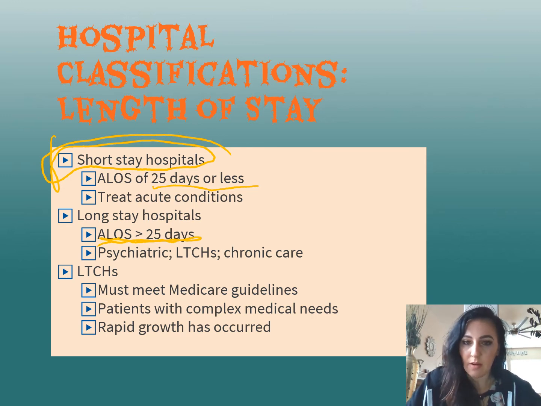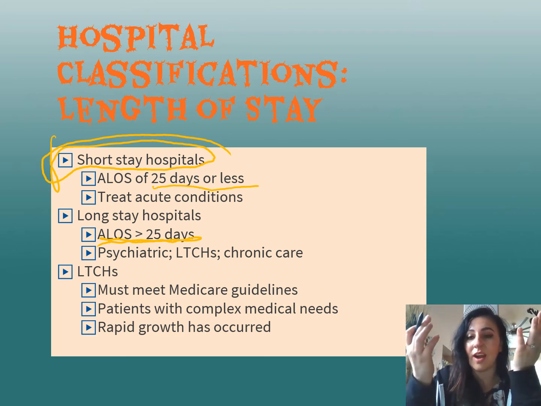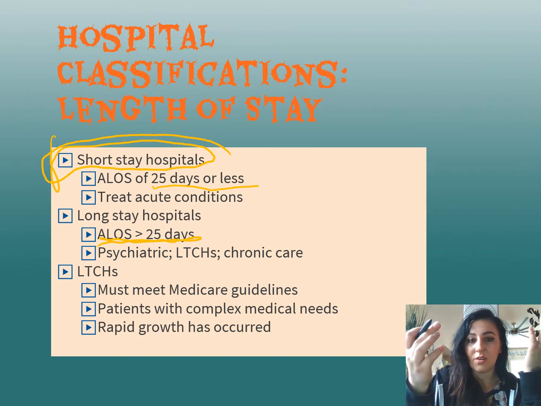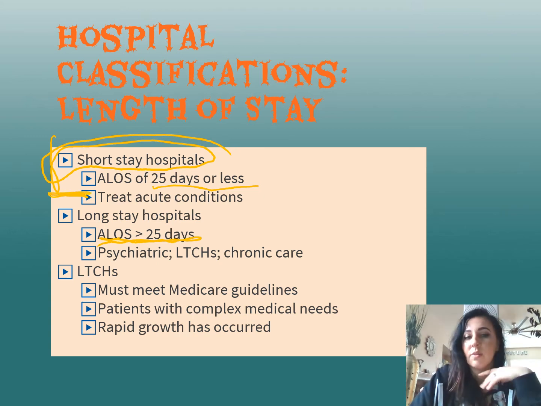Okay. Remember, chronic care is long-lasting. Acute conditions are more episodic, so they're short-lived. You have your episode, and then you get treated, and then you no longer have an acute condition. Okay, so acute conditions are treated in short stay hospitals, and then those